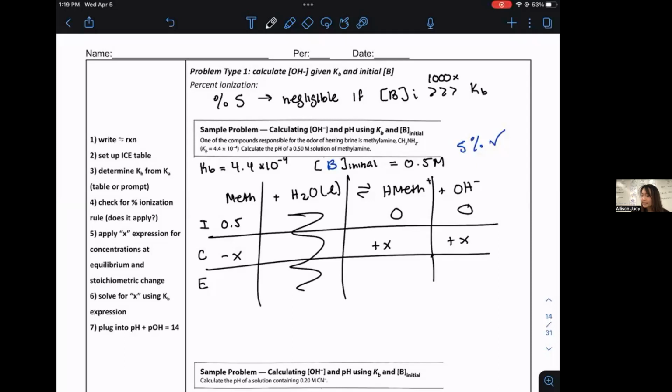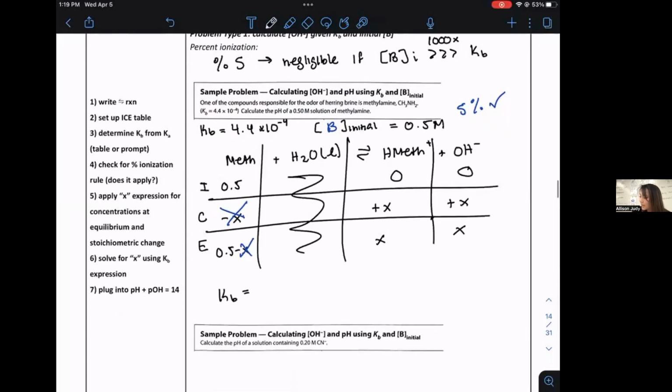So then what we get is 0.5 minus X for equilibrium concentrations, X and X. Now, we've already said that we're at the 5% ionization rule. Our initial base is 1,000 times greater than our KB, which is like saying our initial amount is 1,000 times greater than the ability to produce an ion itself. So we're basically going to treat this change in the initial amount to be negligible. So then what we do is we set up our KB,